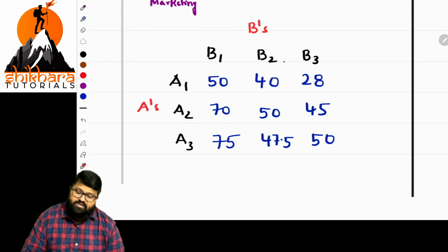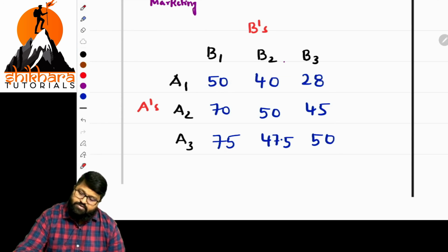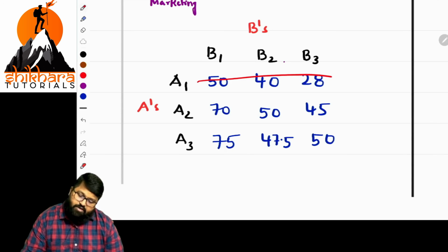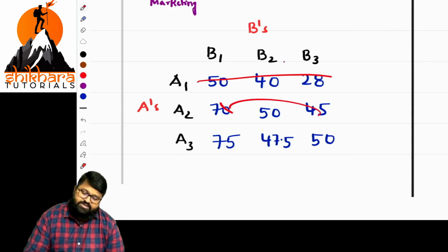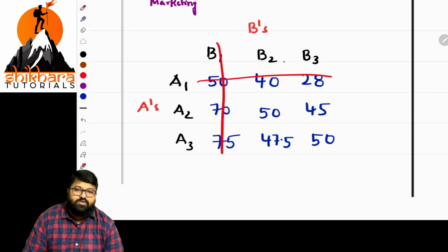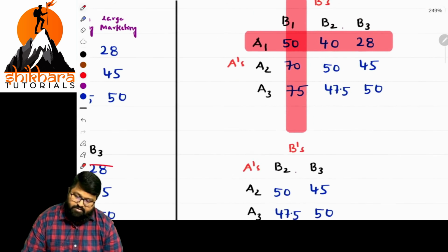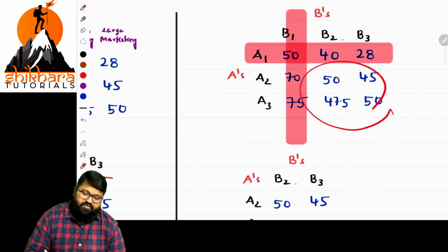Now, is there any other chance for eliminating any other part, ma? Once this is eliminated, what about the other? We have to eliminate a column. For a column, the highest value should be eliminated. This is highest and this is highest, so we can eliminate that part. This is the elimination. Is it done? Okay, and we are left with these values.